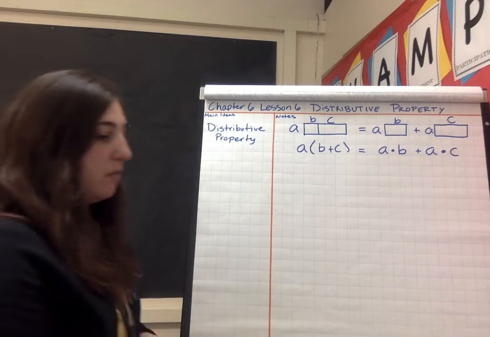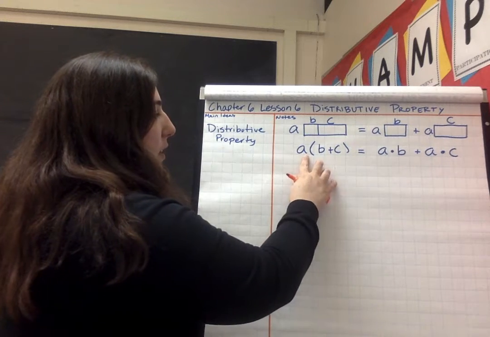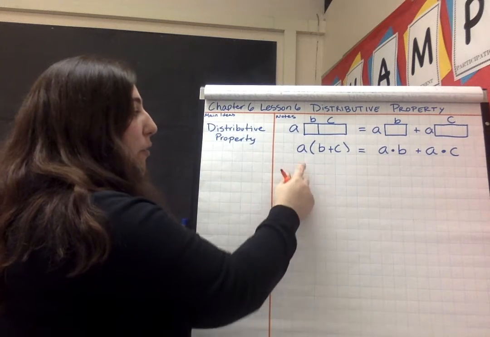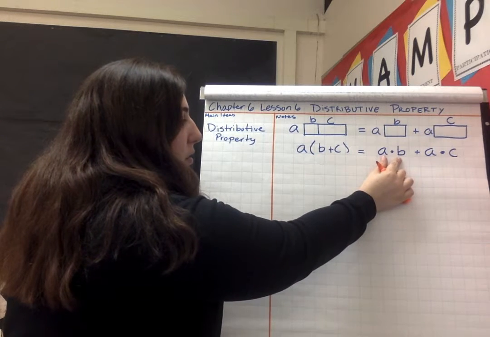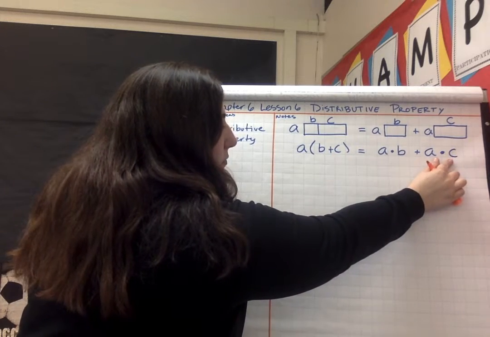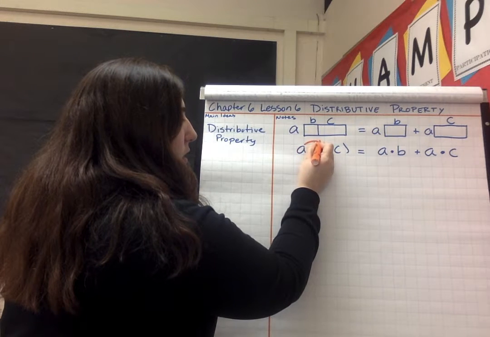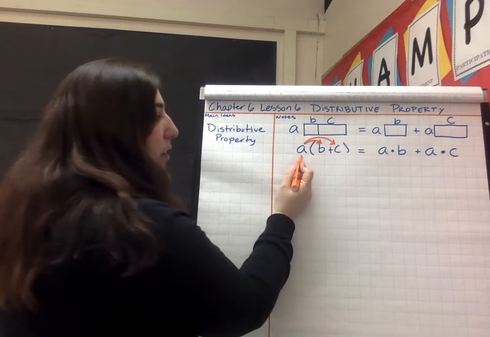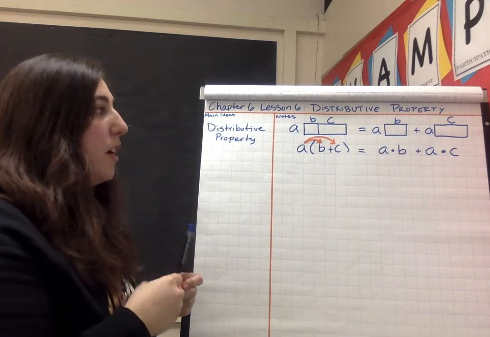Notice as well that A times (B plus C) is the same over here, because if we multiply A times B, we get that right here. And if we multiply A times C, we have that right here. Okay? So the distributive property distributes this outside variable or number to the inside of the parentheses. Okay, distribute,